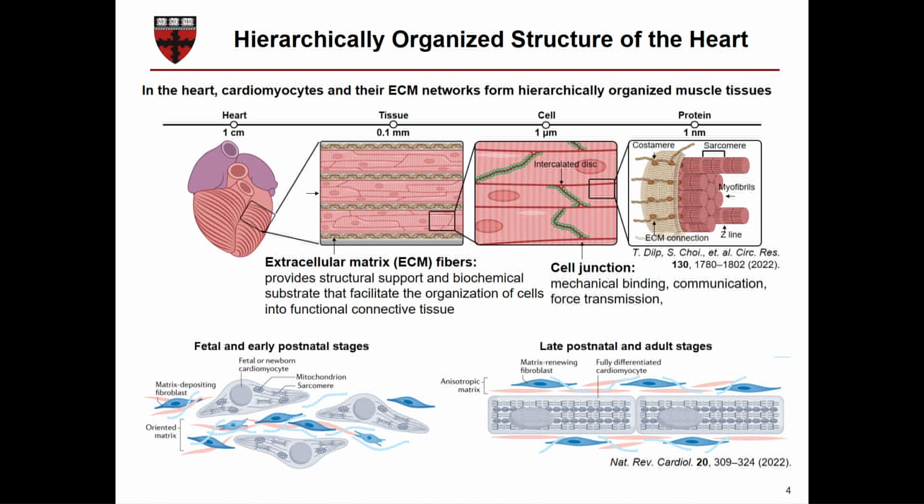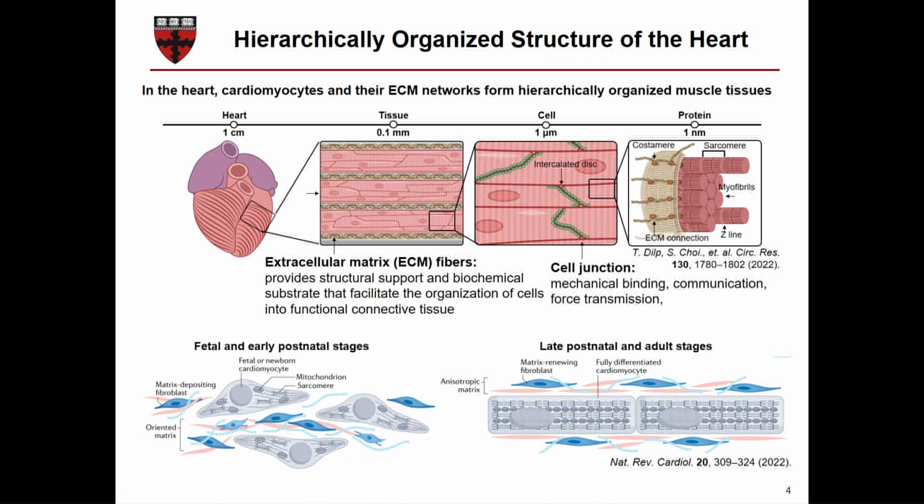Along these ECM fibers, the cardiomyocytes are aligned, and they are interconnected through cell junctions, so they communicate with each other. When the myofilament inside the cardiomyocytes works to generate contractile force, they show synchronous contraction of the tissue